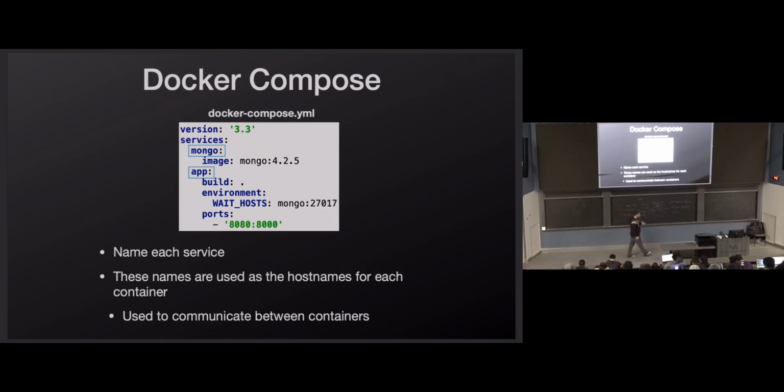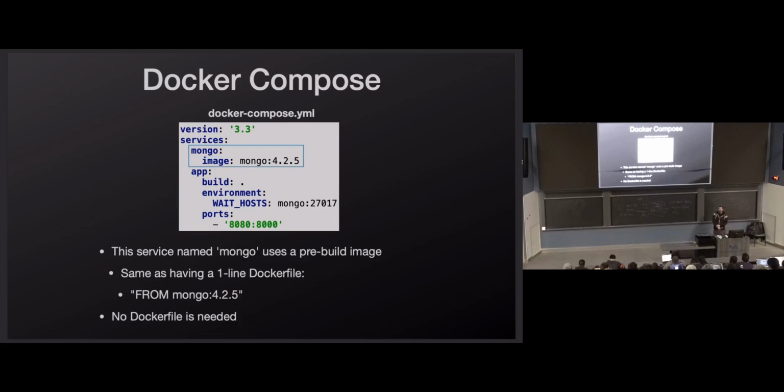It's very important to know if we're going to connect to these. Our app has to have code that's going to connect to our Mongo database, so the host name has to be Mongo, where normally, and a few slides ago when I showed the connections, I used localhost. That's if your app is running on the same machine as your database. So when you download and install, you would use localhost. With this Docker Compose setup, you would use Mongo instead of localhost there. This is going to be your host name.